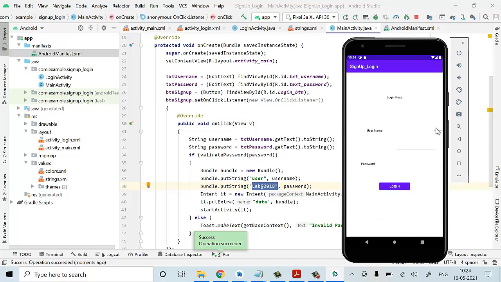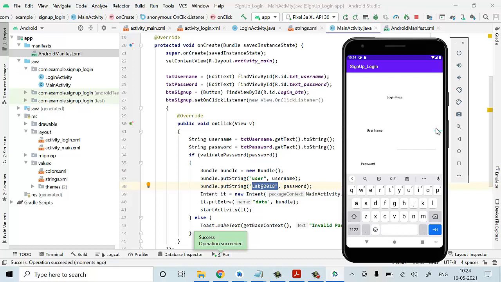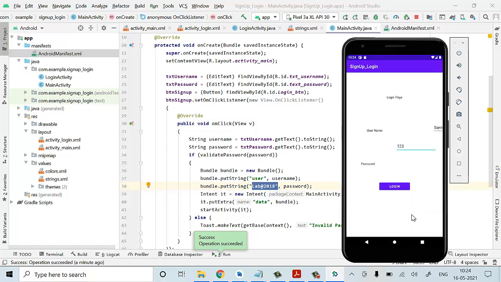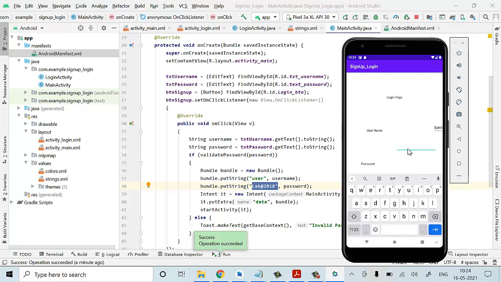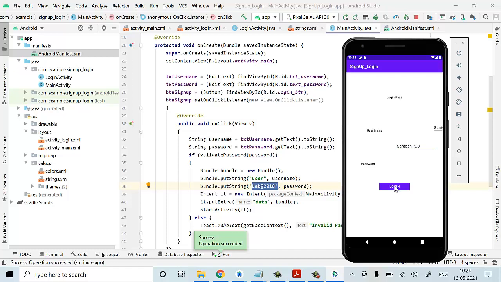Okay, here it moved to the side. I just need to arrange it. Username is the same, Santosh. If I specify password as 123, you can check it out here. The display login failed we are going to get. Login failed 1. Another time I press, login failed 2, you're going to get. Suppose for example, if I specify Santosh 1 at 3, you can check it out. Login successful message will be displayed.